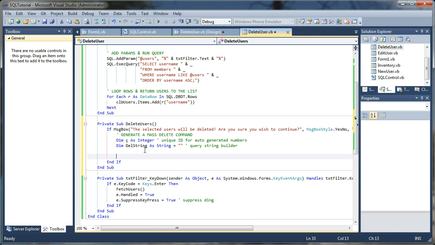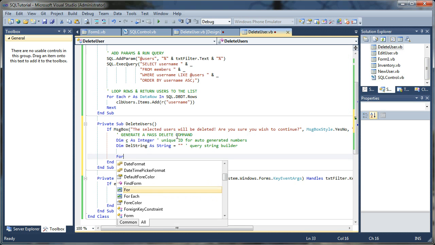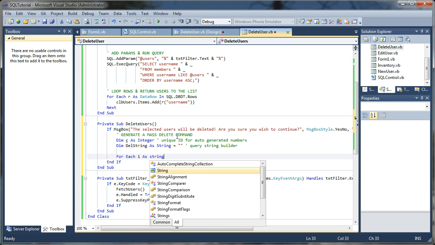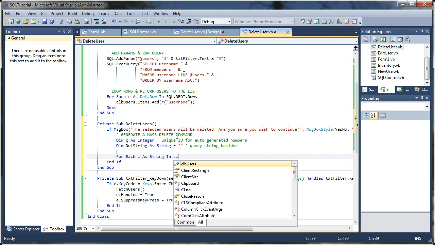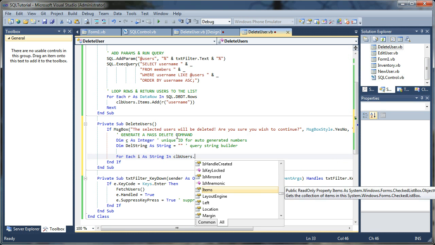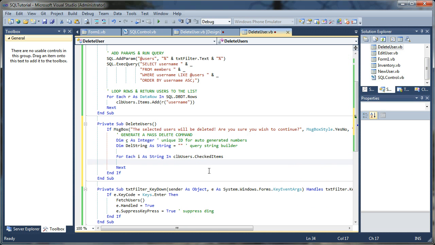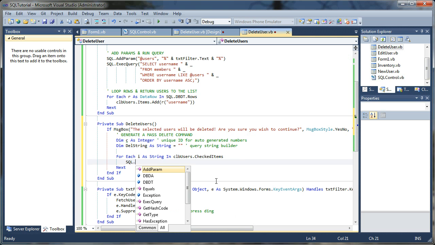So now we need a loop to actually generate our delete commands. Okay, so I'm going to say for each i as a string in CLB users dot checked items. Okay, so what we're doing is we're looking for each item that is checked in our checked list box. Those are the only items we want to look at. And then we're going to say sql.addParam,